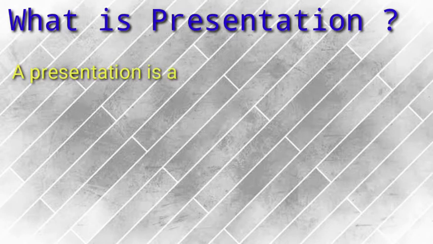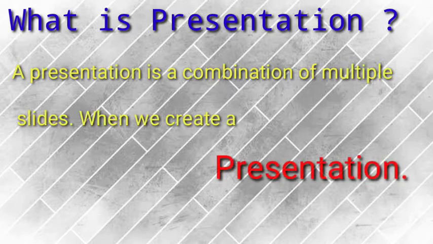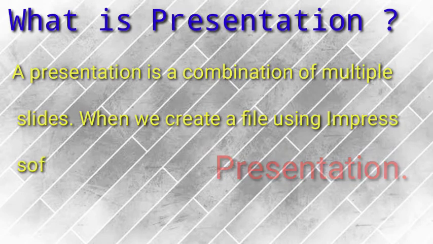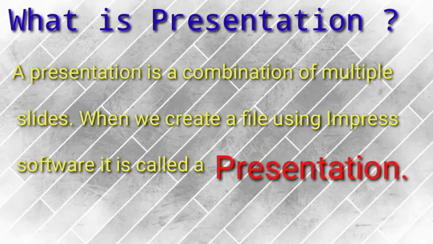Presentation is basically a combination of multiple slides, where a particular slide may contain a text box, graphic objects or images you insert from the clip art gallery, or maybe audio and video. Whichever you add in your slide is together called the presentation. When you combine these slides all together, it is called a presentation. A presentation can be created in different kinds of software. Here we will be reading about OpenOffice Impress.